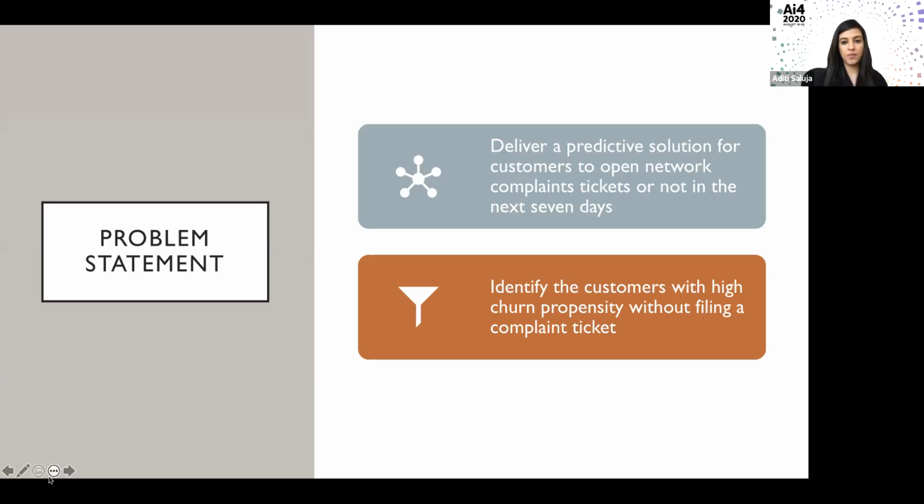So basically, based on the people who are filing the complaint, we are going to check the patterns and see the people who are not going to file the complaint and who are likely to churn.